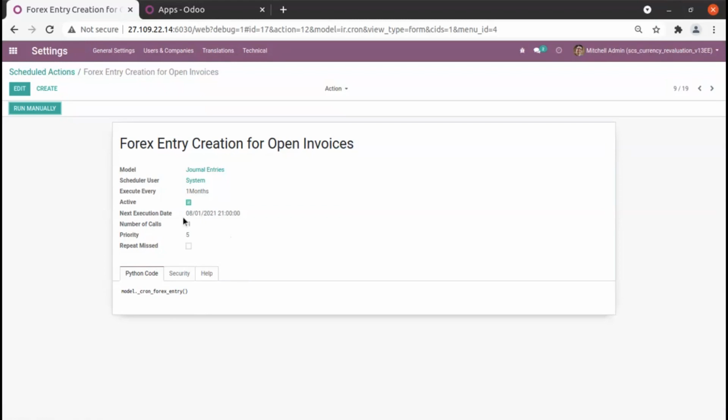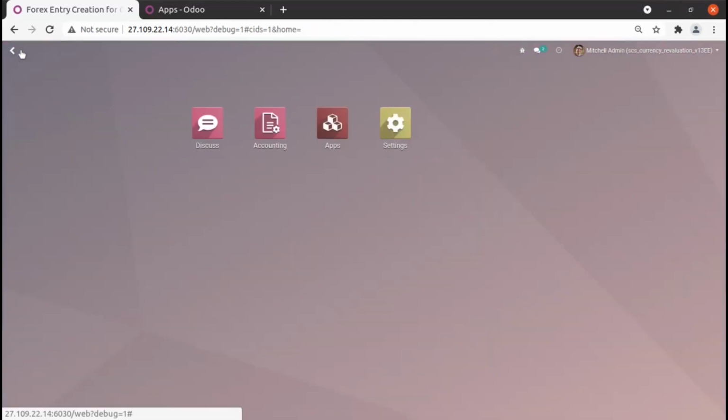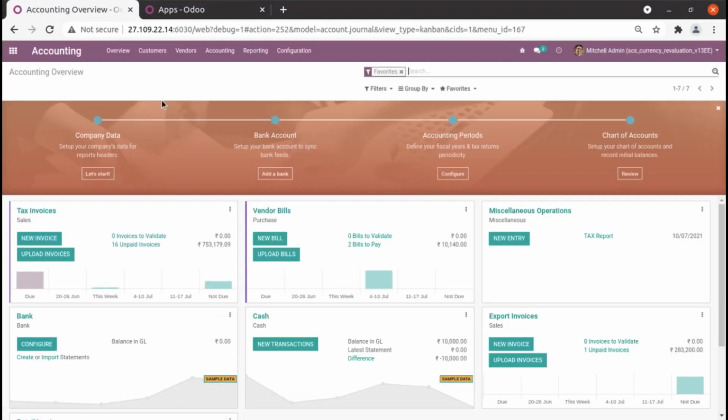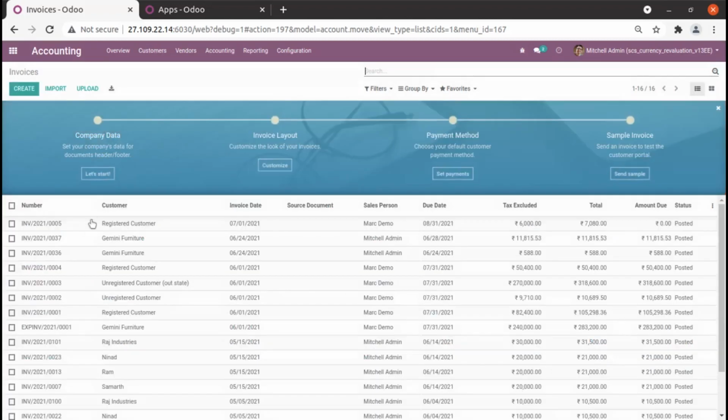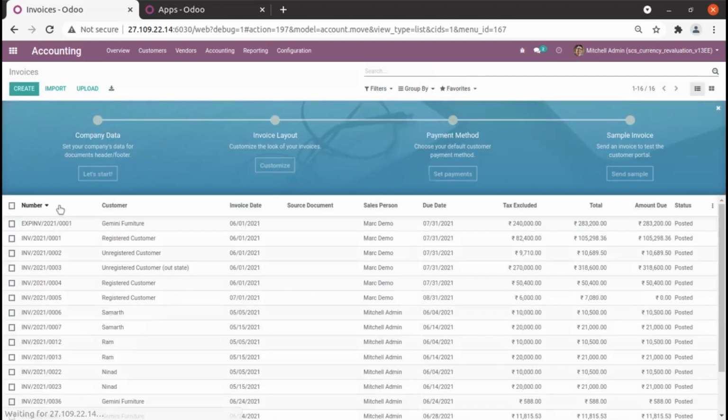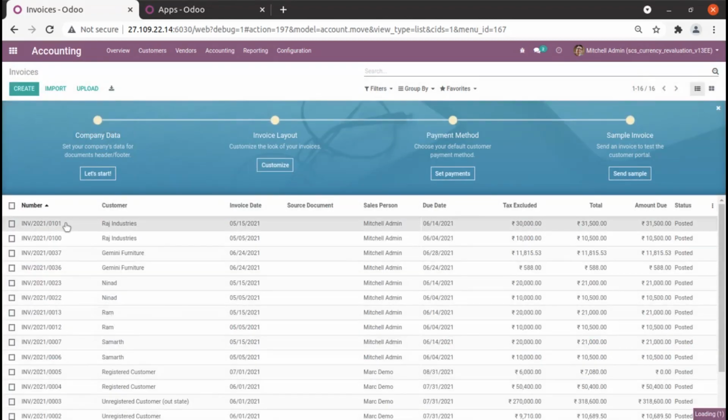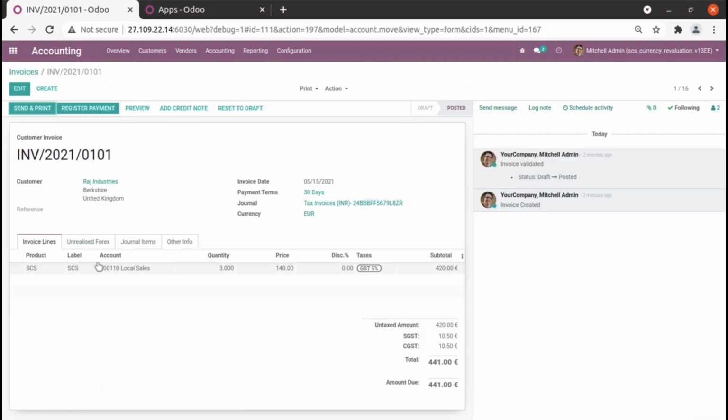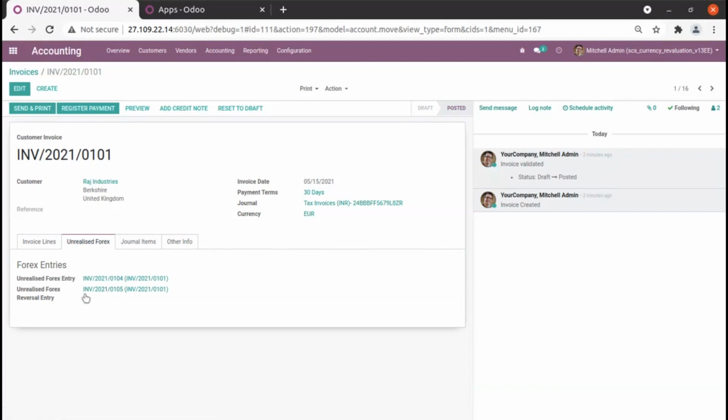Once we have run it manually, what we will do, we will go to our particular accounting. We will go to our invoicing, and in our invoicing, let's go to that 101 entry, and here there is an unrealized forex entry enabled. So here there will be two entries done.